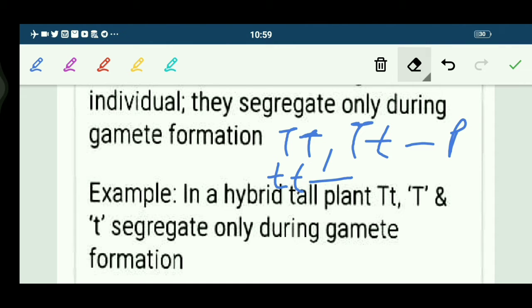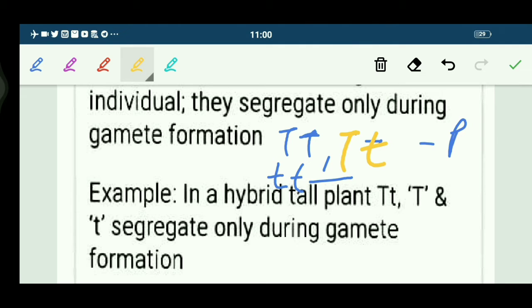So for a plant to be tall, a single copy of capital T is enough. Fine. If we want a plant to be tall, a single T is enough. Therefore, in this trait, capital T small t, we know that capital T is the dominant trait. And what about small t? It is the recessive trait. So in the F2 generation, both characters are recovered. Though one of these, the dwarf, is not seen in the F1 stage, yesterday I told you that the complete dwarf plant is seen in the F2 generation.